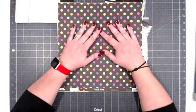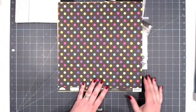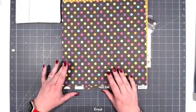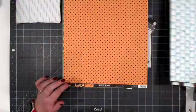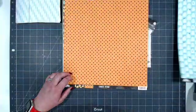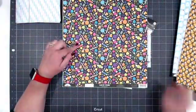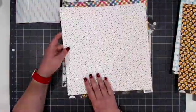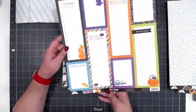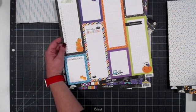If you are one of the ladies who bought this at the retreat, then here's something you can do with it. I've got the 12 papers that are in the collection pack. We've got this cute stripe with the little ghosts on the back. Got a cute, that's not a stripe, that's a polka dot. We have another polka dot with candy corns, candy with some more polka dots, and a cute kind of plaid with the, what do you call them, journaling cards